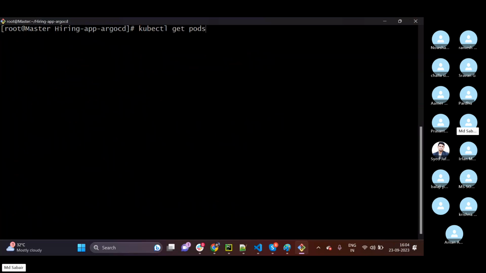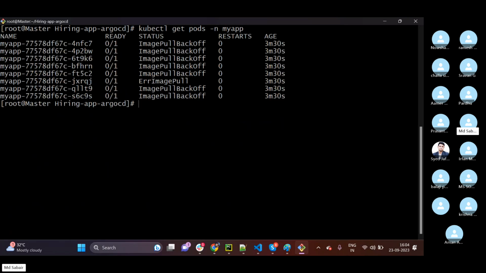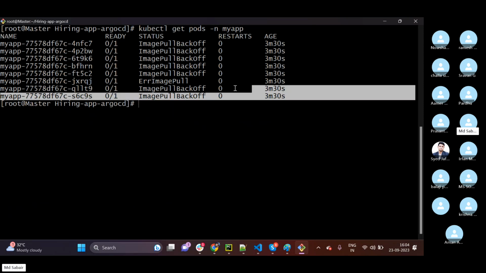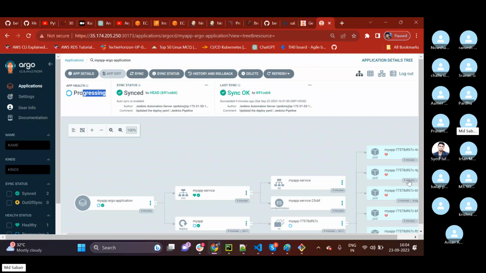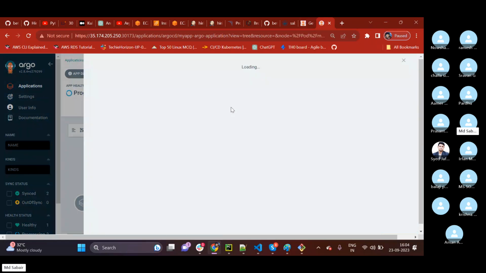kubectl get pods -n my app. See, 8 pods are running, but we are seeing some issues. The pods are not healthy. The same status we are able to see on the ArgoCD dashboard as well. If I click here,